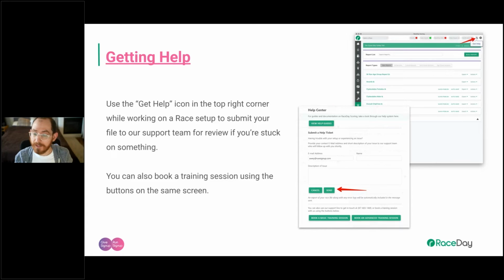If you're in the middle of setting something up and you're just stuck, you're like, man, I feel like I'm doing this wrong, or I don't know where to go next. We have a bunch of people on the support team ready to help you out at any time, and even on the weekends. So we recommend that you go in and click Get Help and then send, and this will send a ticket to our support team, and it will include the race setup at the time that you sent the button, and it will actually allow them to see your setup